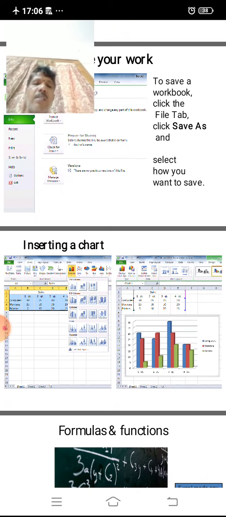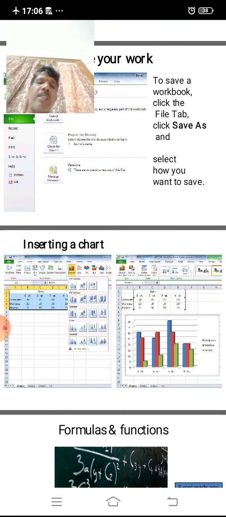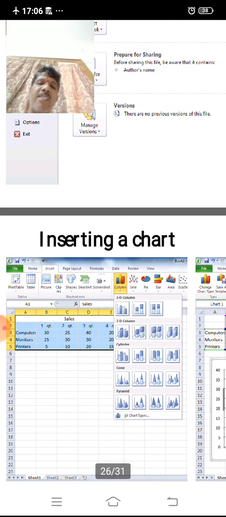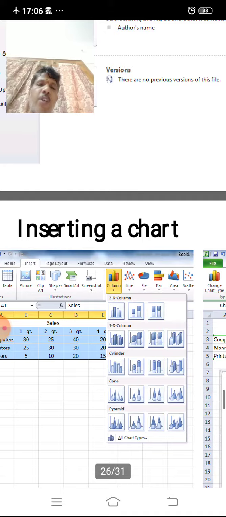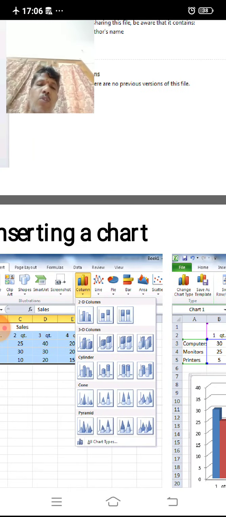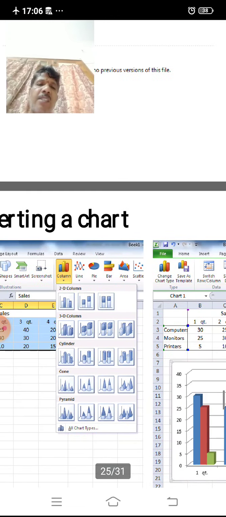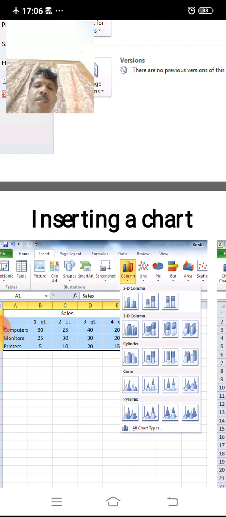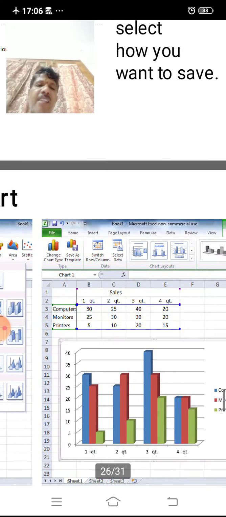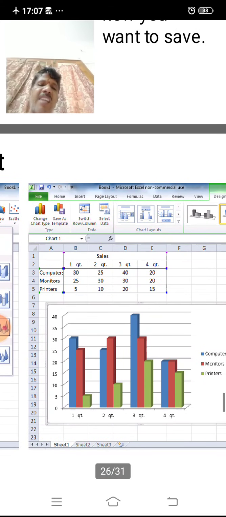Insert chart, just now discussed about this. Here the data is there, and various charts are available by clicking this one. It provides various charts. In this, the user may choose any one of these options which is suitable for their data. Here it is placed like this.